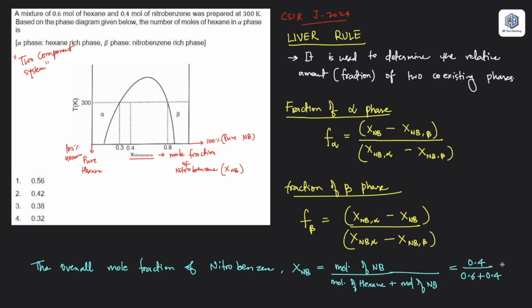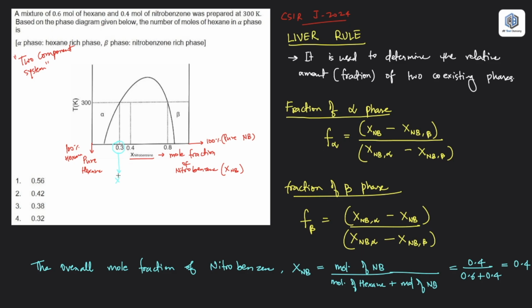If you solve this, you will get 0.4. So this is the value of x_NB. So you got the value of x_NB. Now you have to write down the values of the other things. Okay, so the mole fraction of nitrobenzene in alpha phase is here. Okay, this is the mole fraction of,